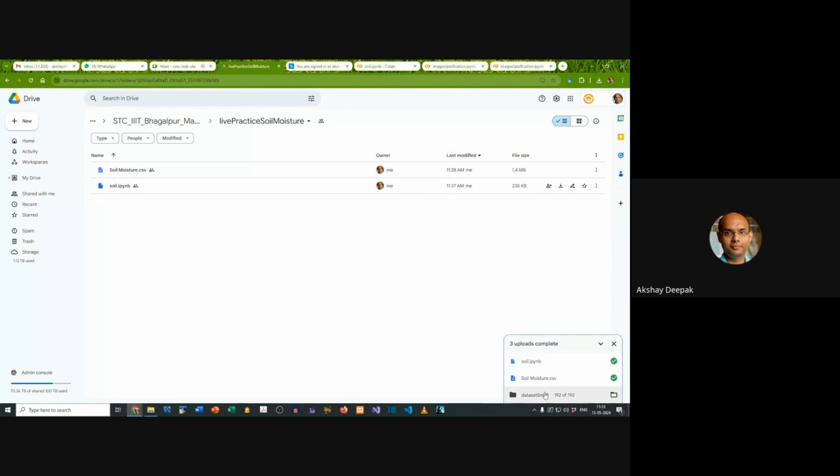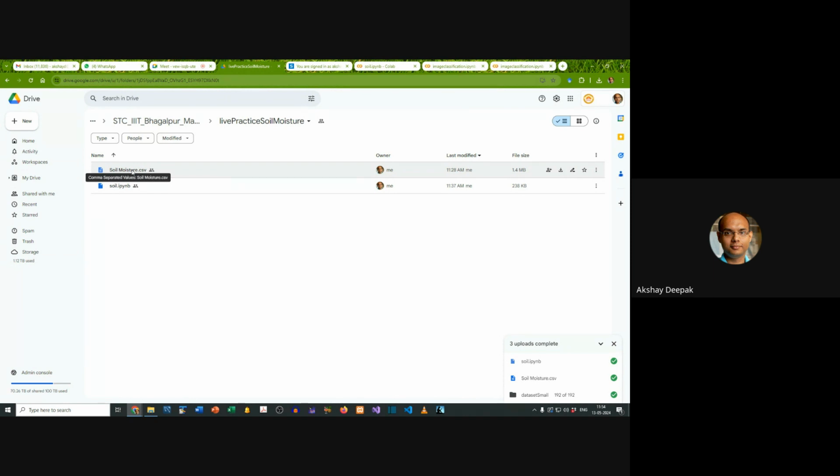This happens quickly, and by now we can see that the data set download is also ready. The data set has been uploaded successfully because I used the small data set. However, we'll continue with the regression problem of soil moisture prediction, so that in case somebody's data set upload is taking longer, it's all right, we will wait. Or if somebody has opted for downloading the larger data set and then uploading it, they will also get some time. I hope by now all of us have uploaded the Python notebook and the soil moisture